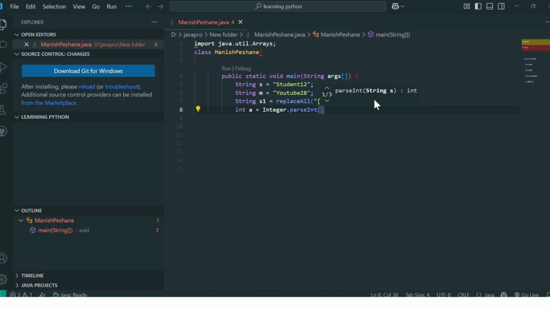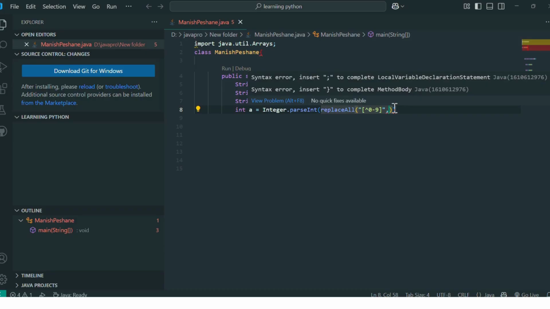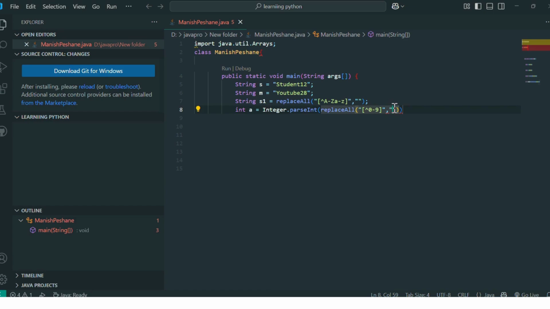Now here we write the same replaceAll, and except 0 to 9, because the numbers in our tables are only 0 to 9. Other numbers are just pairs of 0 to 9 digits, so we write 0 to 9 and a semicolon.